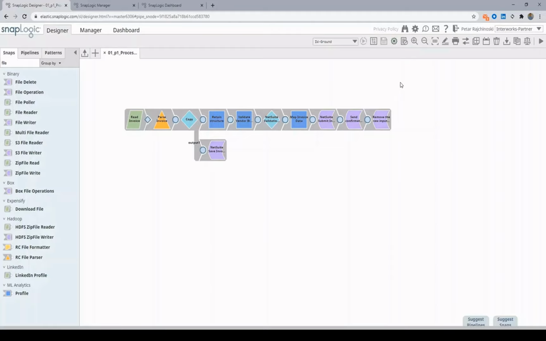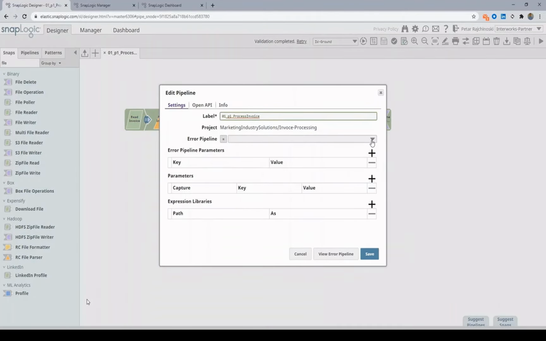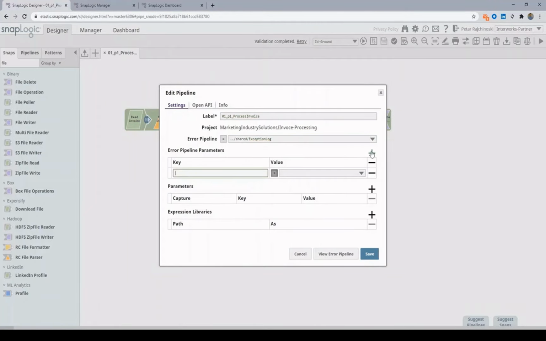So we are validating the pipeline at the end of the development stage, and we can see that all the snaps are properly configured.